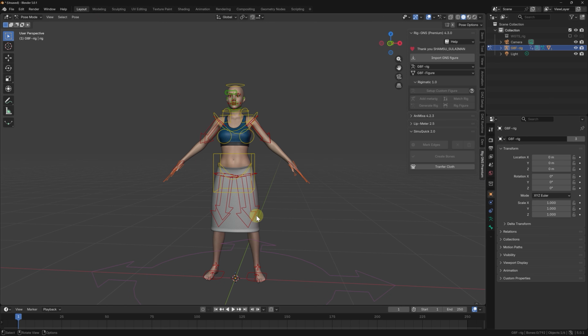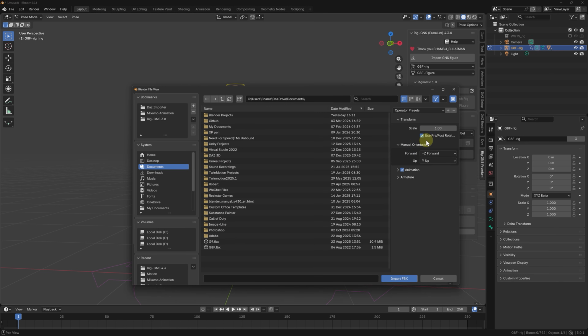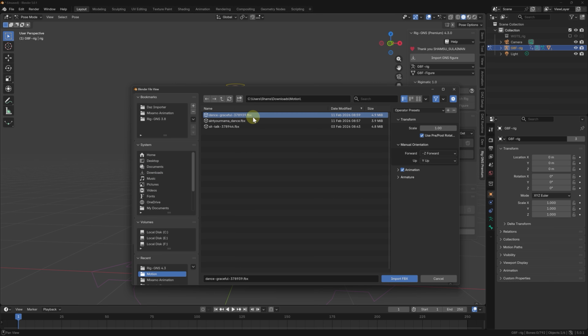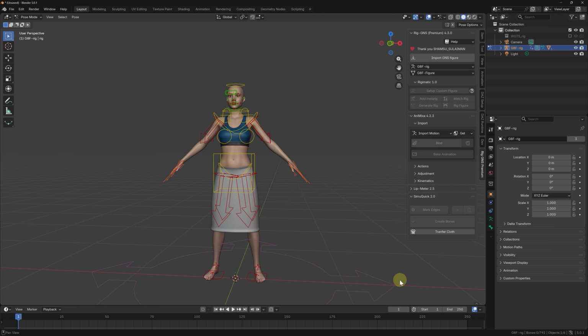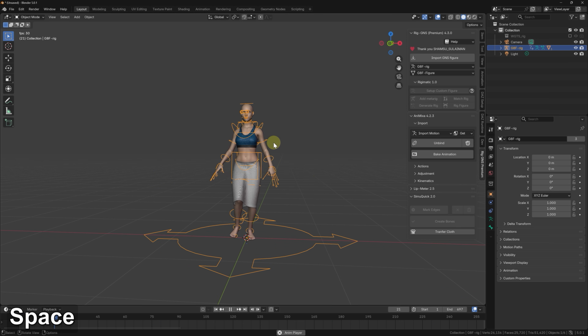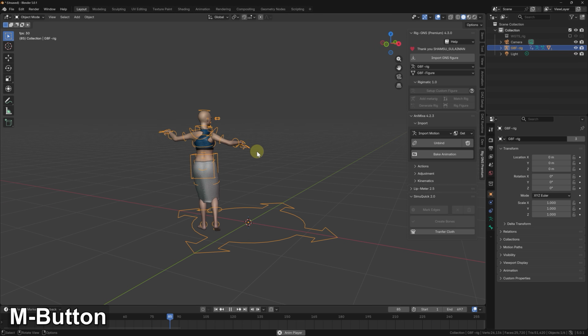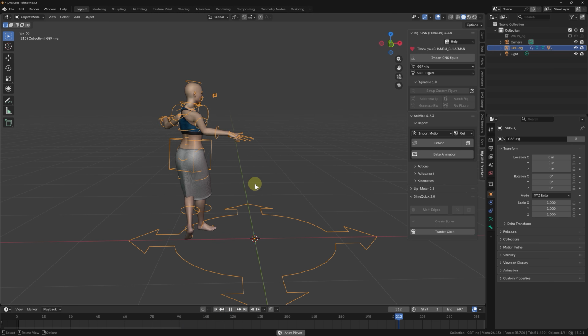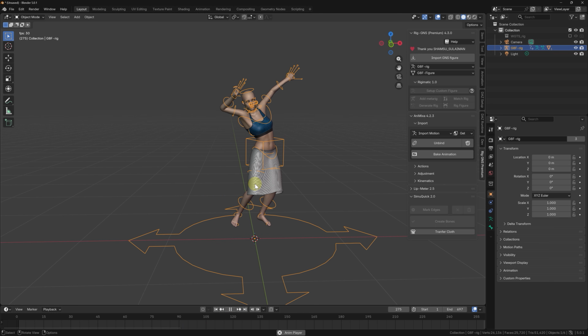Before looking at the Simuquick tab, let's first add an animation. Now to do that, I'll open the Animixer tab, click Import Motion, choose FBX, and then locate the animation file. Here's an animation I downloaded from ActorCore, so I'll import that and then click bind and play the animation. Now you can see the skirt is not deforming the way it should. It looks stiff, almost like it's made of cardboard instead of fabric, and this is exactly what the Simuquick tab